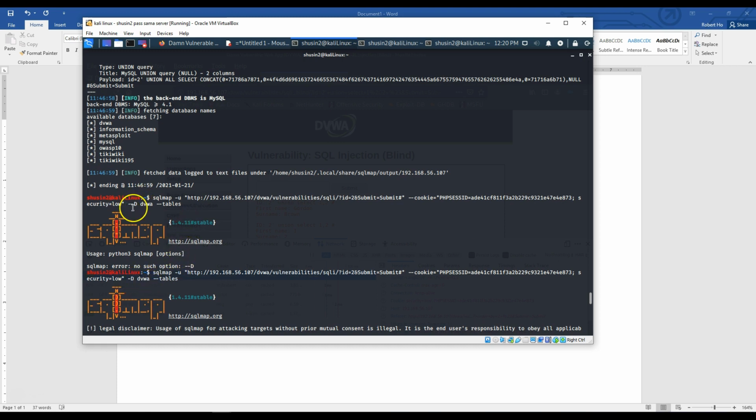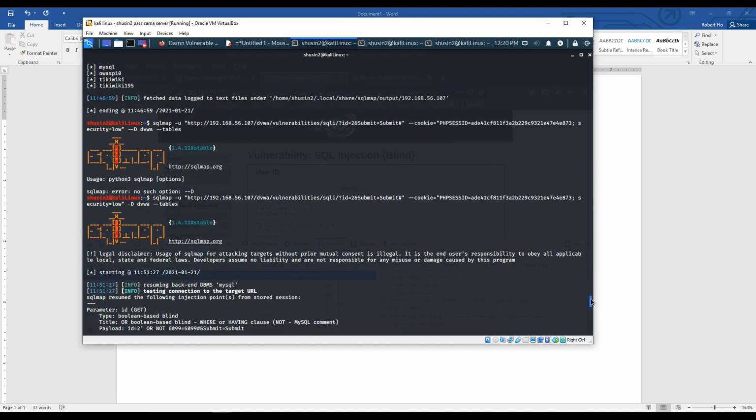Earlier I had a typo. I put -- See? Notice that I also experienced some issues here. So if we do not type it as is or properly, we may get a different result. Okay, so I put -D, DVWA, and --tables. So now we want to get the tables. So what's the table here? So the table is